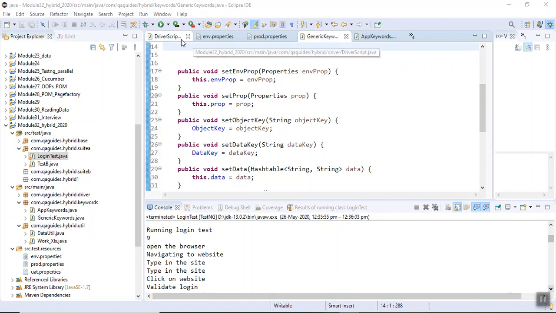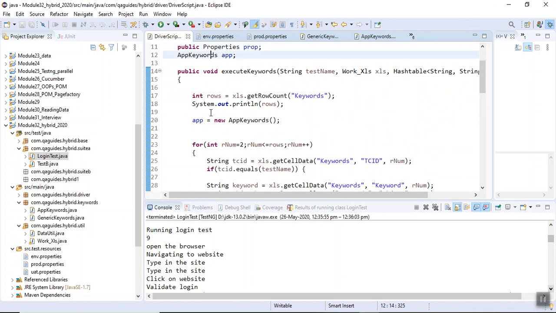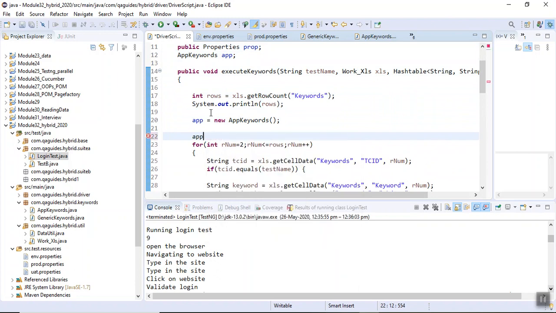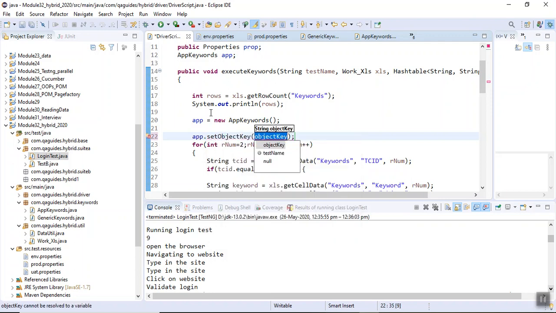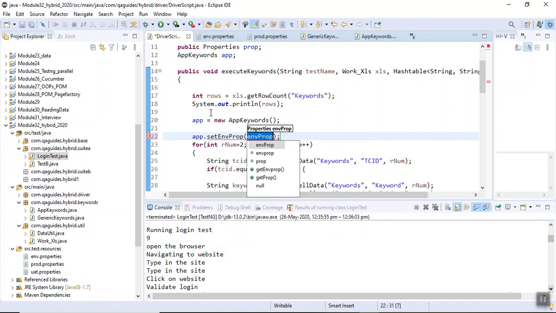So go to your driver script, and before your for loop start, here what I can write, app dot set environment property to environment property variable.